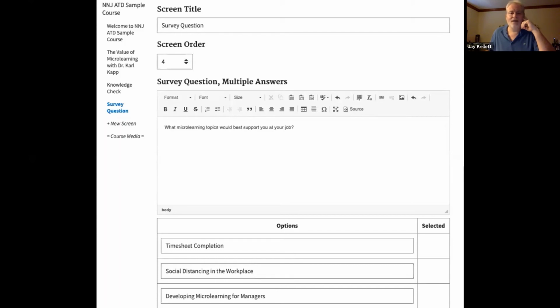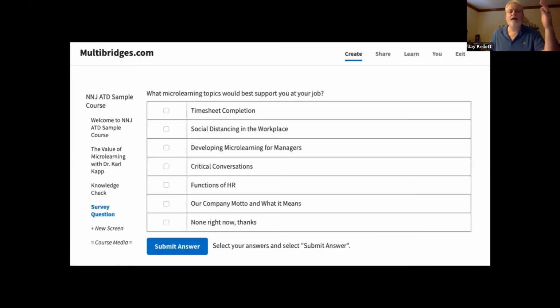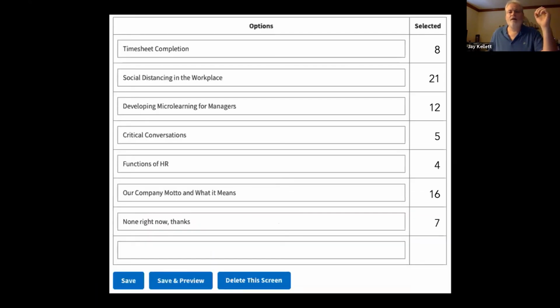And as an author, you can go in and look at the data in real time and see what people are doing with it. This is how I would set it up. Really simple, pretty straightforward. This is what it looks like to the end user: check boxes, check whatever they need to, submit their answer, and then they're allowed to continue on with the course. From the authoring instructional designer point of view, when you go back, this is what you see.